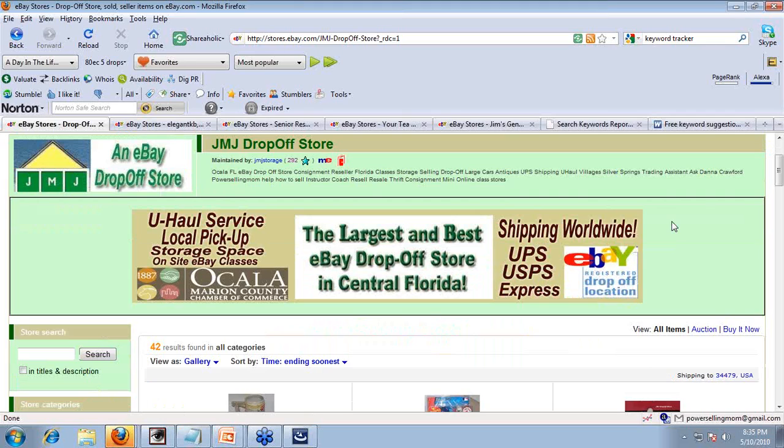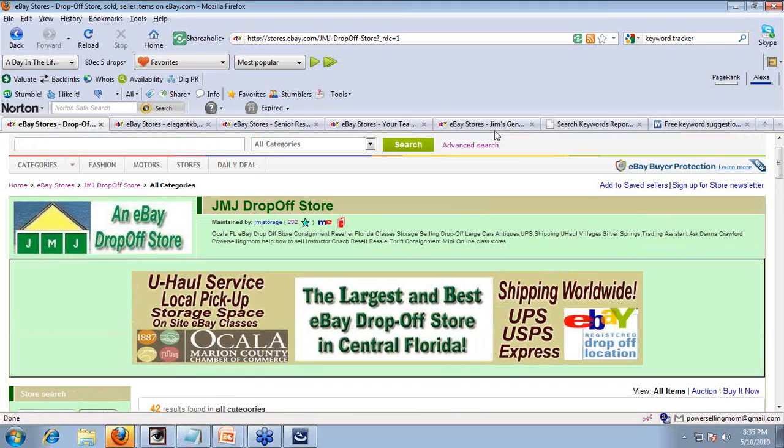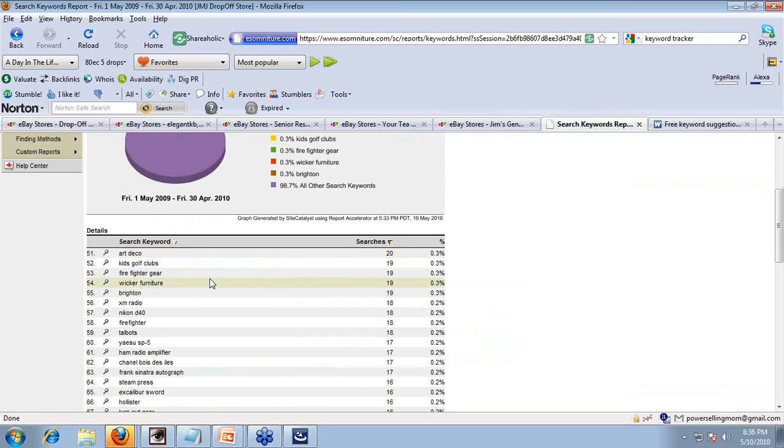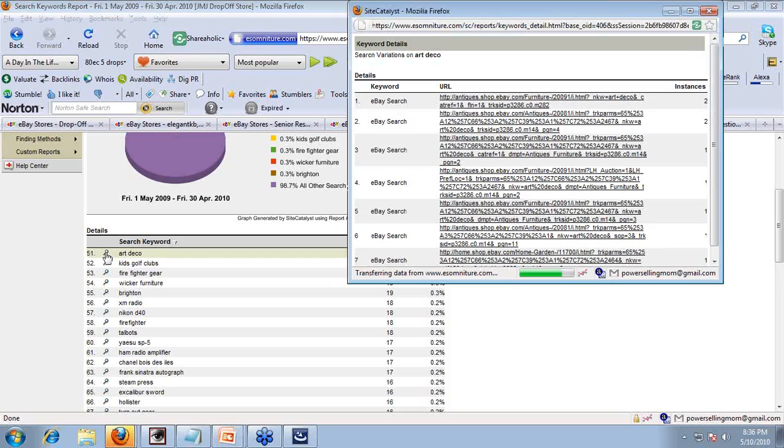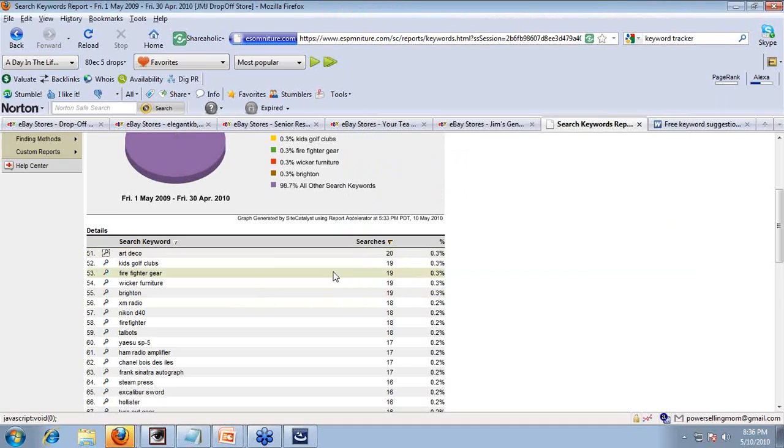Okay, so now on this search, say you are a seller and you do have a lot of these items on a regular basis. So you not only want to make sure that they're in your title, but you want to make sure that you use them in the description. Now, the word Art Deco is showing me that the majority is people going to eBay and searching for Art Deco products. So it's right within the eBay system. Now what I would do is take a step further,